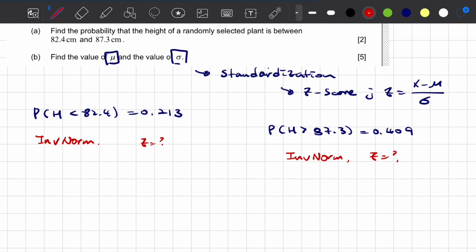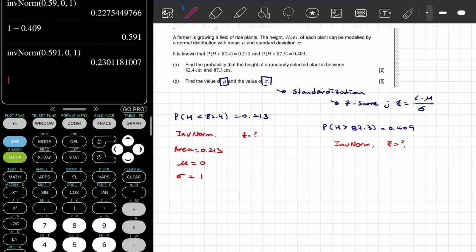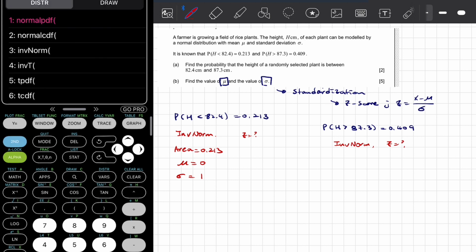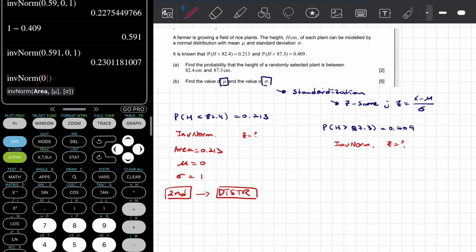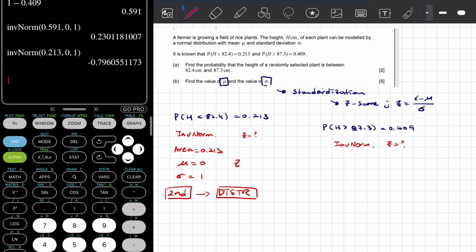Okay, so for the first case, we know that the area is 0.213. And to standardize, you have to use the mean value equal to 0 and standard deviation value equal to 1. Then using your GDC, we can do second distribution. So you do inverse norm, and you set area at 0.213, mean value as 0, and standard deviation value as 1. Then you get your Z value equal to negative